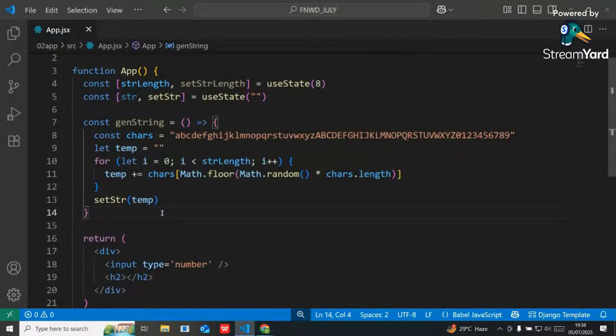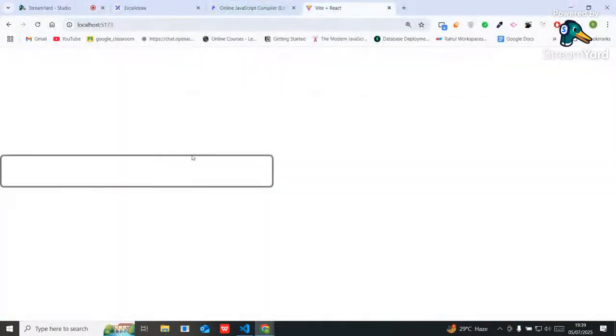Guys, let me know. Are the people understanding or not? Yes, yes. Now, the next thing is, guys, I have to capture the number. Here is my input field, right? So inside this input field, whatever number I pass, I should grab this number and store it